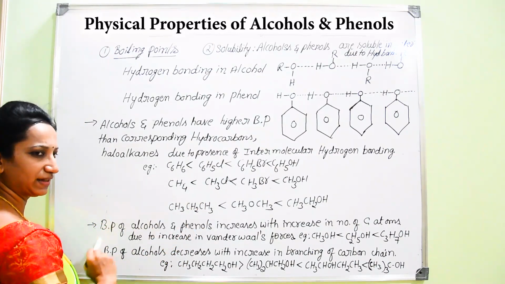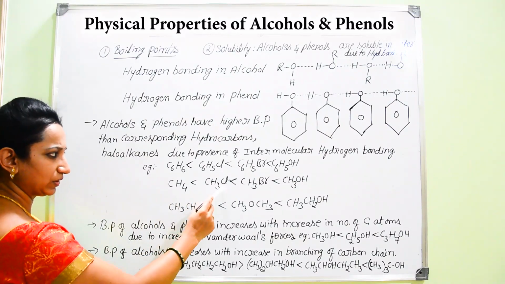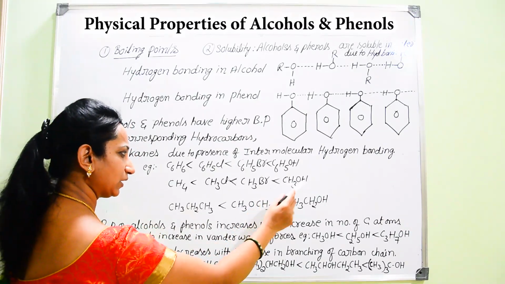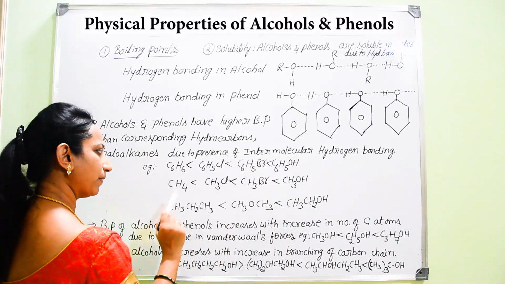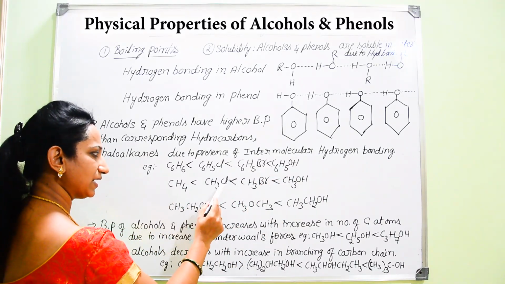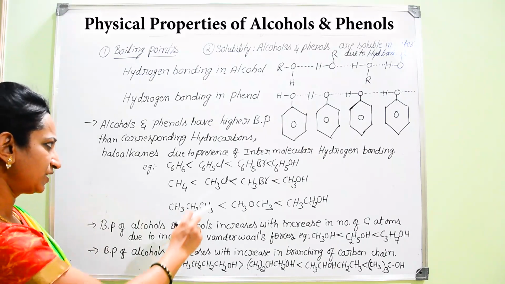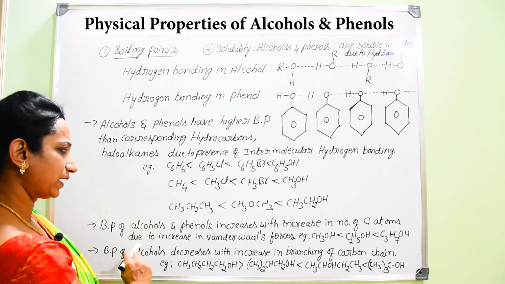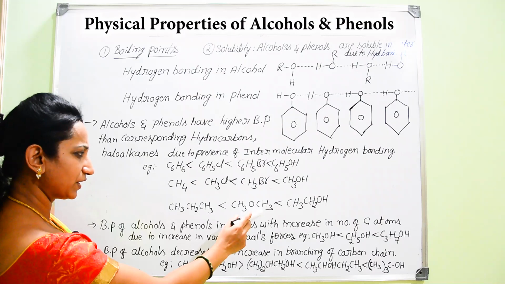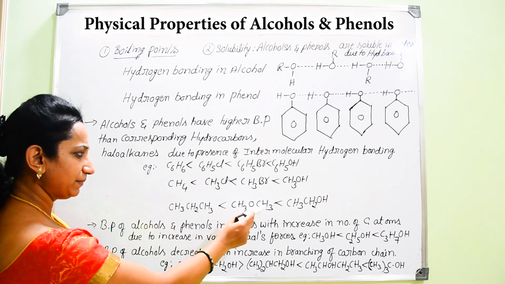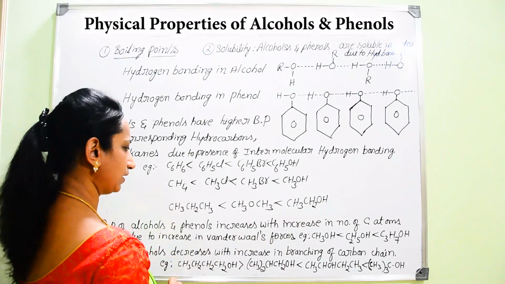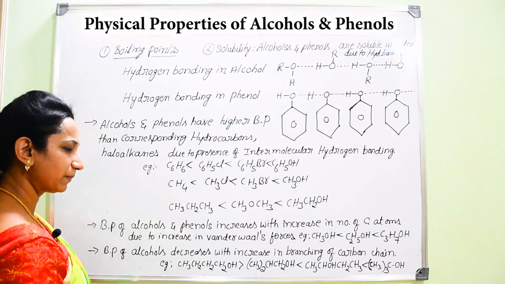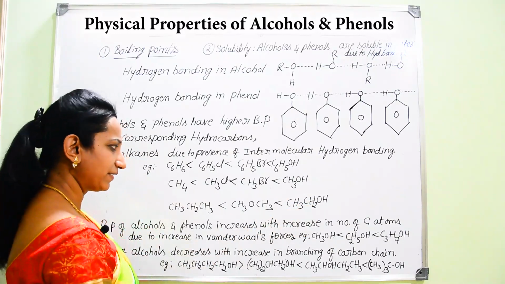And if you go for the second example, methane, methyl chloride, methyl bromide and methanol, or methyl alcohol. Here methyl alcohol has a higher boiling point than these hydrocarbons as well as alkyl halides. Now it is proved. Next, if you consider propane, and if you go for another functional group, we can find dimethyl ether, then alcohol. Among hydrocarbons, ethers and alcohols, which have higher boiling points? Alcohols have the higher boiling point.